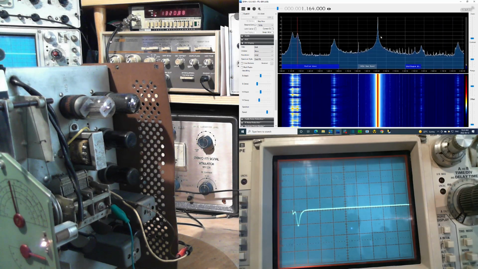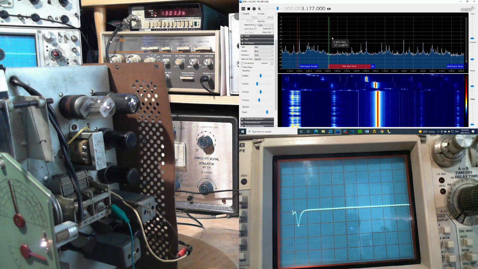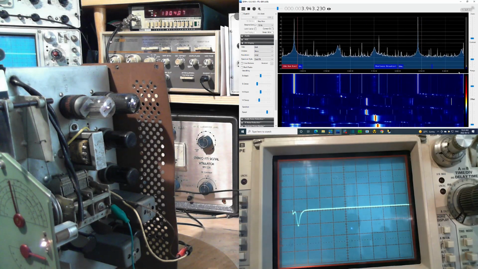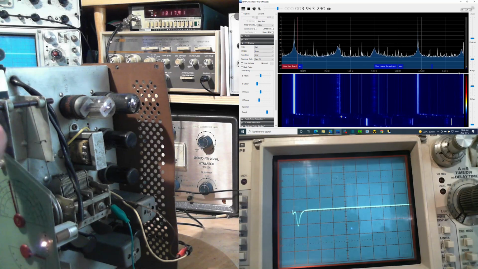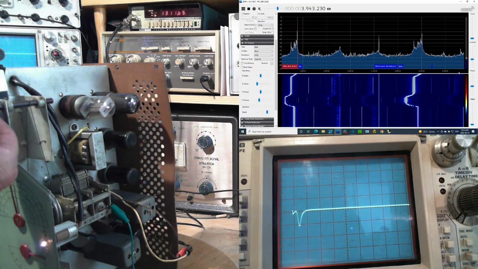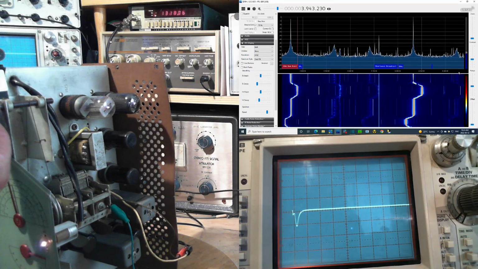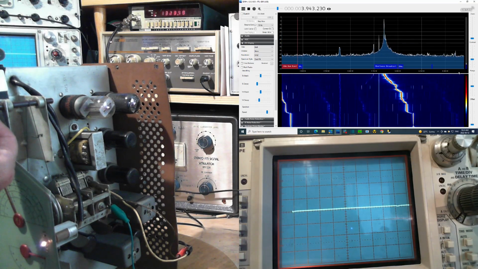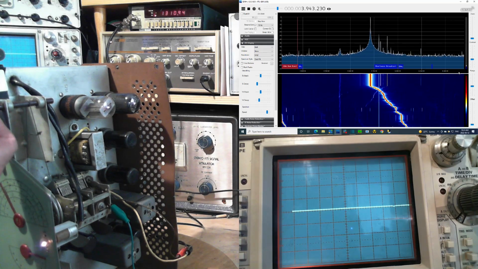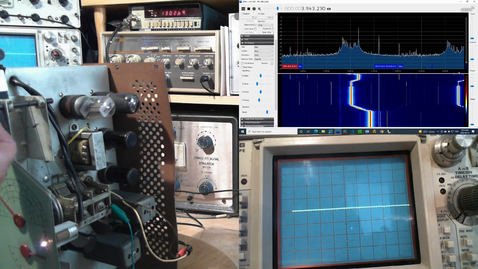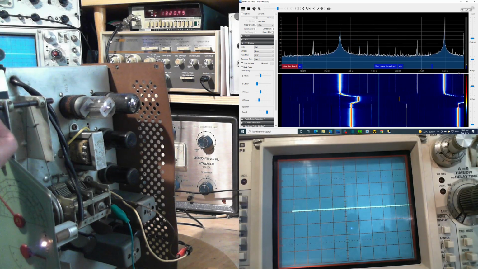How high up can you go and still see stuff happening? So all these tall peaks, they have to be harmonics of the local oscillator. So the harmonics way up at 5 megahertz, probably going right on up, and all those other things. Oh my gosh. And then we just went under the sweep range, so the radio you're listening to is not picking anything up anymore. That's plenty powerful, that local oscillator way up here. And it's repeating itself probably every